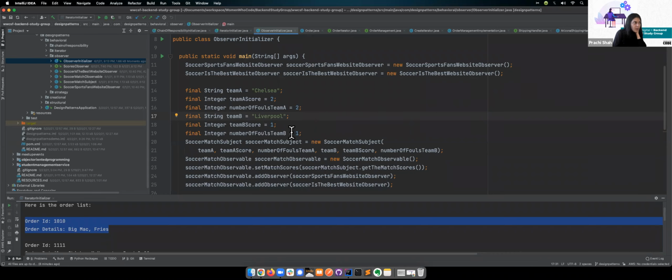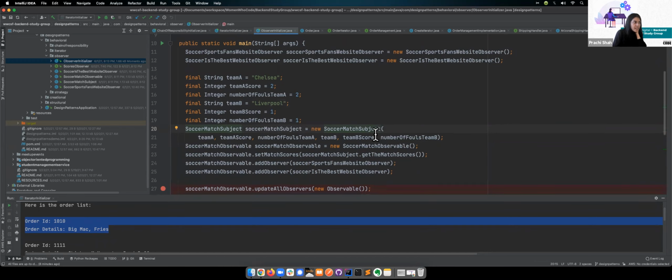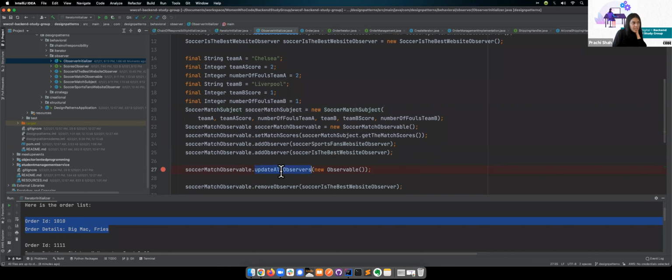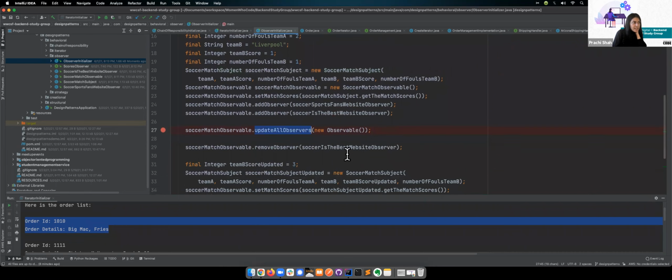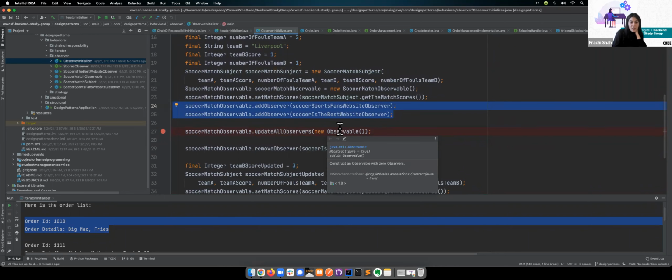I have defined it right now to begin with, and fouls, right? So once the soccer match subject, which is the observable here, has any change in the state of the game, it will update all the observers. And so these two websites, which are registered as observers, will also get notified of any change in the soccer match